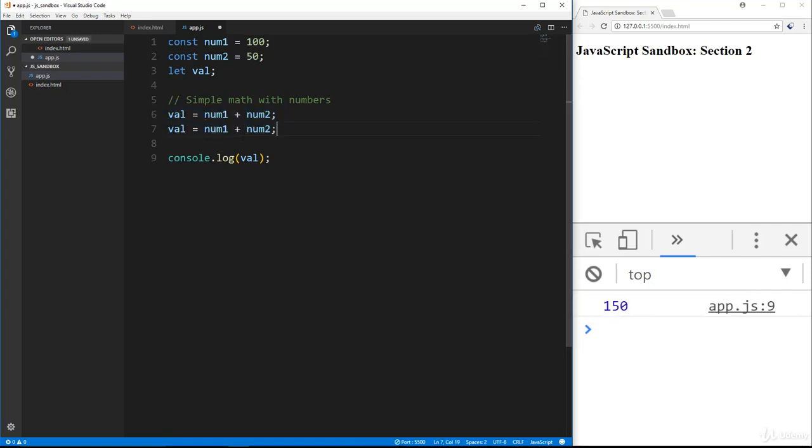So in addition to addition, of course, we can do multiplication. Save that, we get 5,000. Let's do subtraction, we get 50. Let's do division, we get 2, and let's do the modulus operator, which will basically give us what's left over as a remainder. So if we save that, we get 0. If I were to change this to 60 and save, we're going to get 40. I don't actually use this modulus that much, but those are the basic